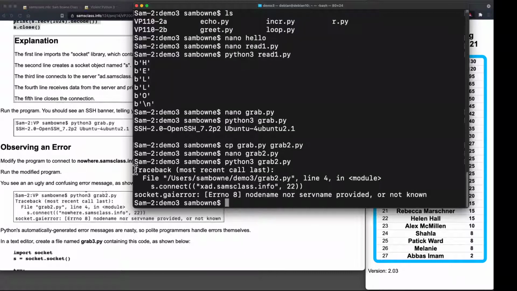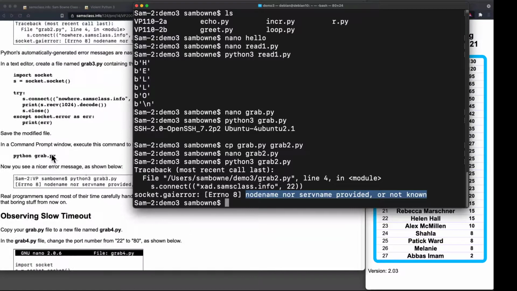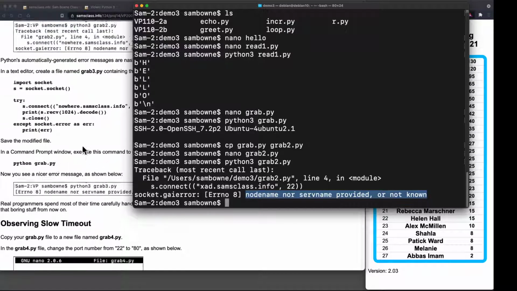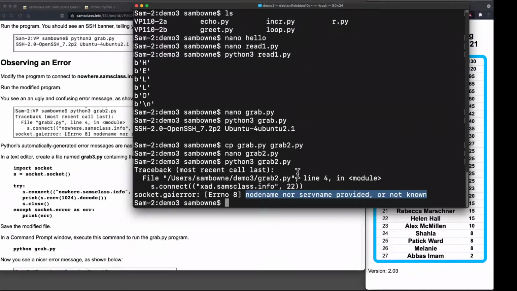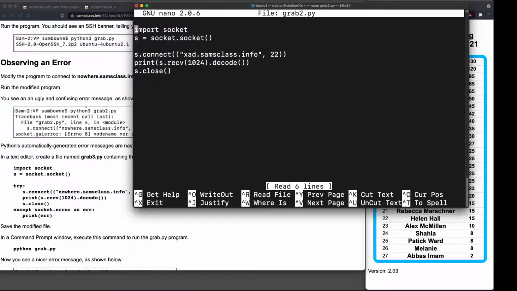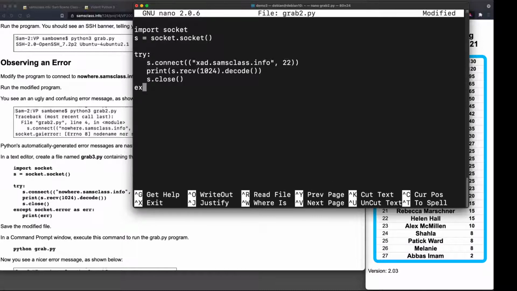then it gives me an error. Now, it gave me a couple of ugly lines up here telling me which line of code had the problem, and then it had sort of an intentional error message down here, and this is why you might actually want to do error handling, which we aren't doing much of, but the pros do error handling, and there's some projects where that would help. So instead of doing something that might fail, you try to do it with try, and then you indent this stuff,